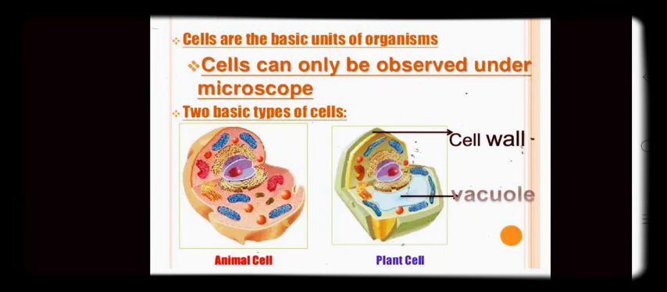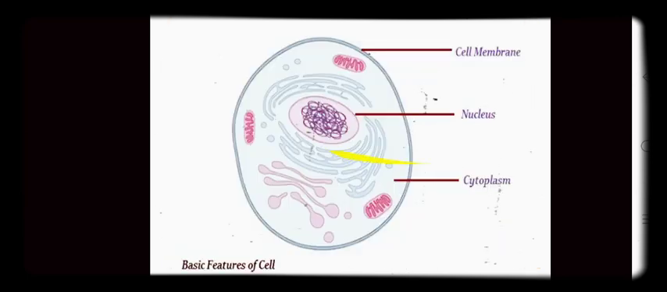Cells are the basic units of organisms. We all know by definition cells are the structural and functional unit of life. Cells can be observed only through microscope. Two basic types of cells, we all know that, animal cell and plant cell. This is a typical structure of a cell,